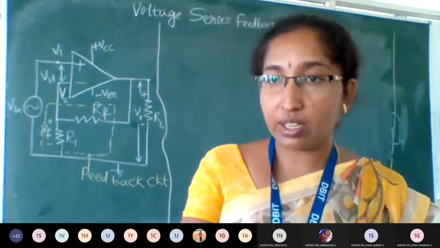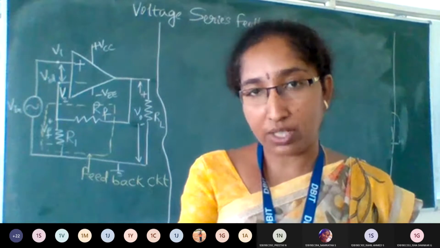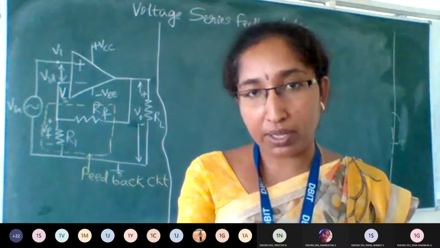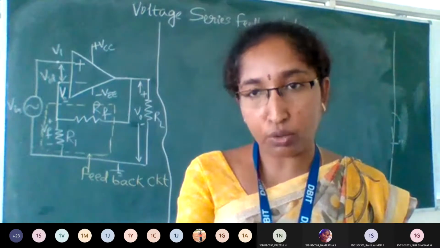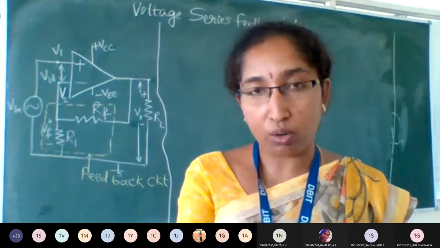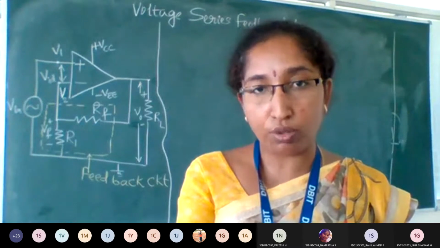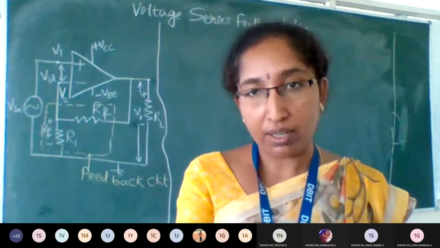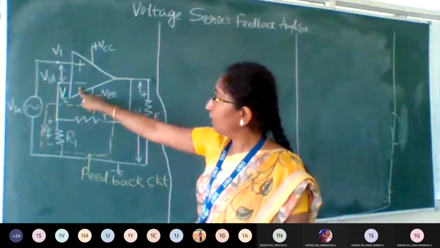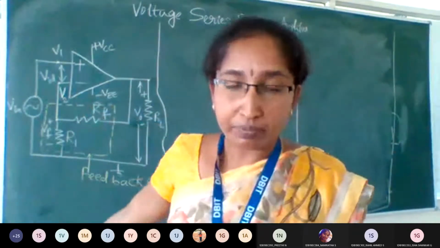Here I have written a voltage series feedback amplifier. You have four topologies based on the current or voltage in series with the input. Let me repeat, there are four different types of topologies, depending on how we connect with respect to the input. Feedback means you connect the output to the input. If it is positive feedback, you connect the output to the in-phase terminal. Here I connected it to the negative terminal. You can observe this output is connected to the negative terminal. It is out of phase, so it is a negative feedback.